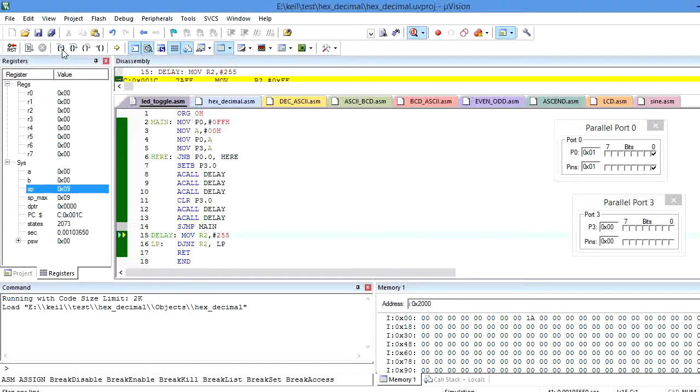Again the second time call delay function, again I call step out function, so that this main function keeps on monitoring for an infinite number of times whether the dip switch connected to port 0 pin 0 is closed or open. Now we will see how to flash the binary file into the microcontroller using the hardware kit.